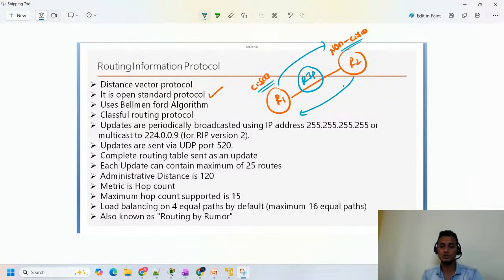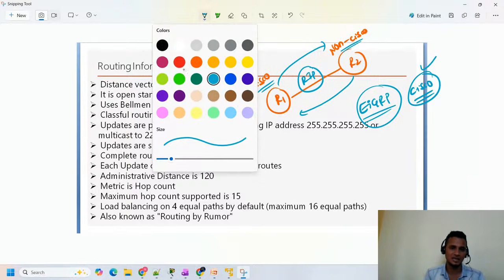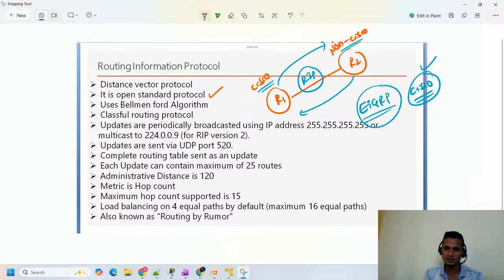In the next session, we are going to study EIGRP, Enhanced Interior Gateway Routing Protocol. It works as an Advanced Distance Vector Routing Protocol. It's Cisco's proprietary, guys. The point came up, so that's why I'm discussing it here. It is going to work only on Cisco's devices. That is the difference between Cisco's proprietary and the open standard. So open standard is better, so that you can run it